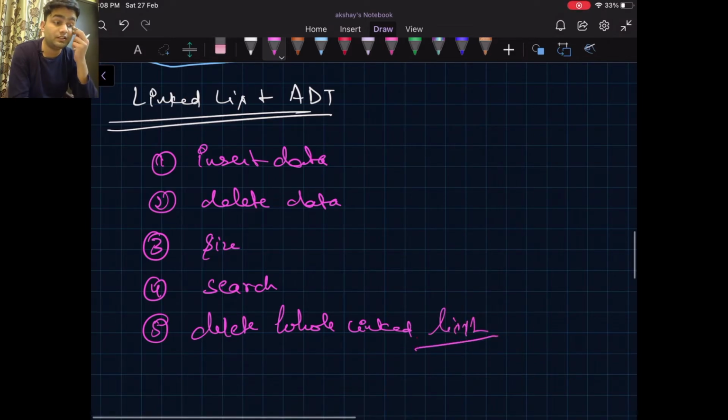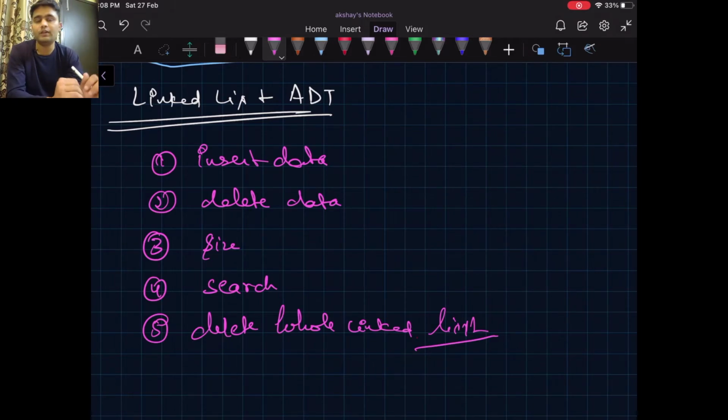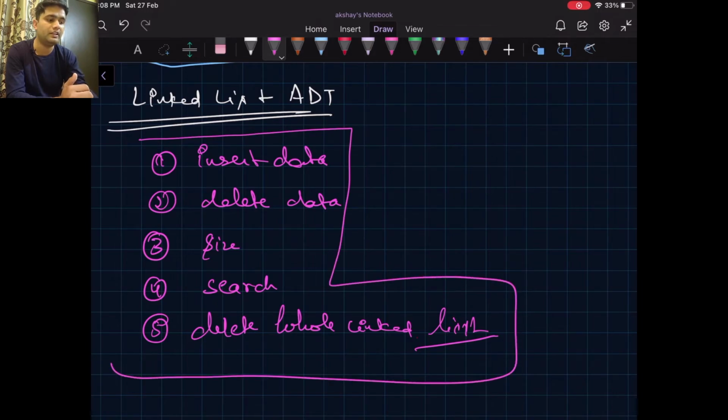Okay, so these are five general basic ADT functions for a linked list. There can be more, it would depend on the use case, but these are the basic five that must be present in a linked list. Without them, linked list won't be that effective that it could be.